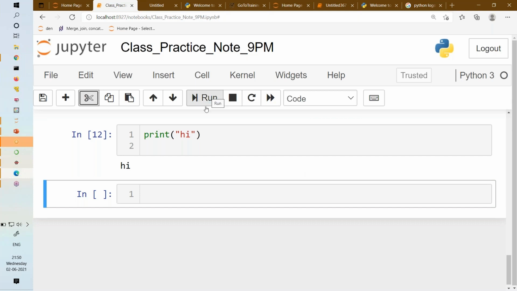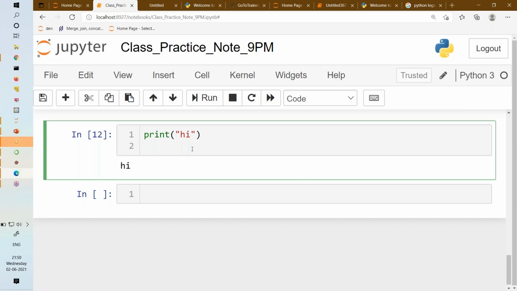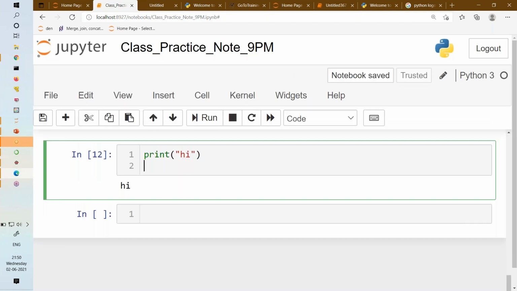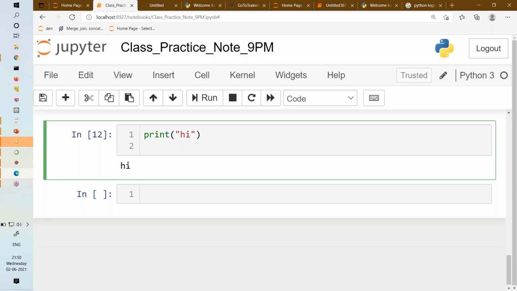And then running. Sometimes what will happen, your kernel will get stuck. Kernel is the engine, the IPython engine, which is running your Python script. IPython is the interactive Python engine, right? So this is the kernel. Let's say sometimes you are loading a 20 GB file on your 16 GB machine, or it is super huge in size, or you have written a very heavy for loop. It is never executing, just stuck. You can see a star symbol, right?